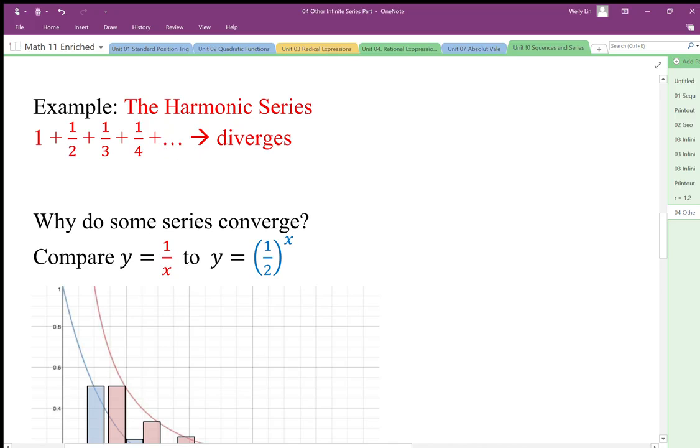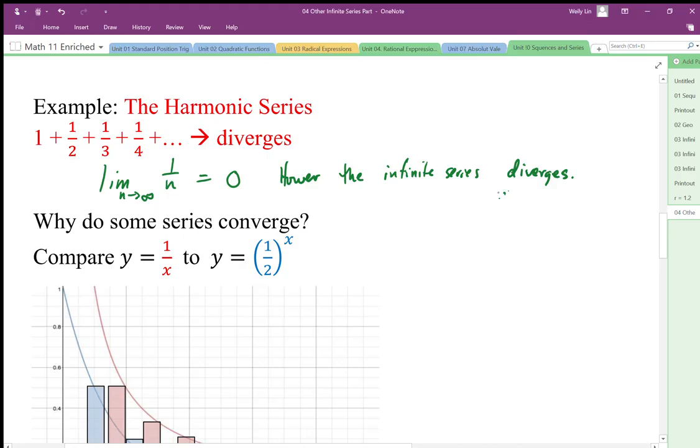bigger. And the limit as n goes to infinity for Tn, or we'll just write this as 1 over n. This is what the sequence looks like. This is definitely going to 0, so it meets the first criteria. However, this infinite series diverges. Okay, it has an infinite sum,